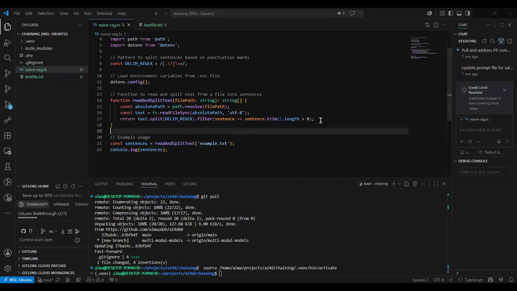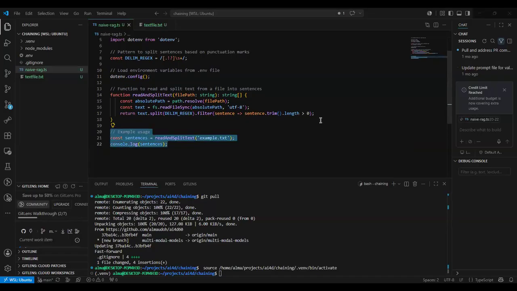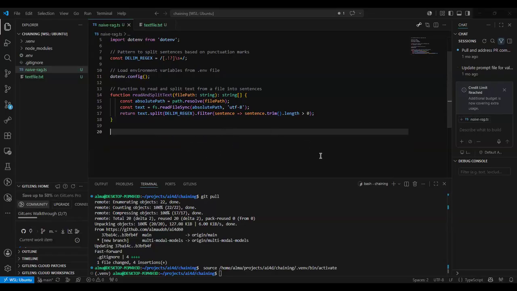And if you want to use a paragraph-based chunking, then you could do something like that. Just splitting into sentences is not good for ingestion or for retrieval because you're only going to have one sentence. So you need to